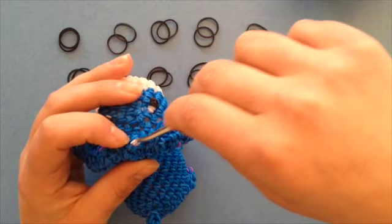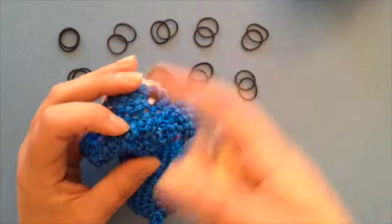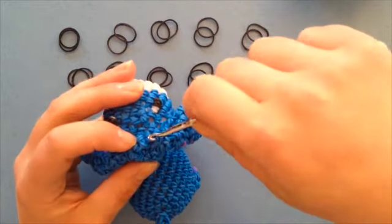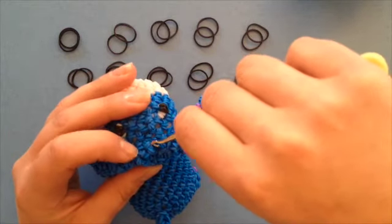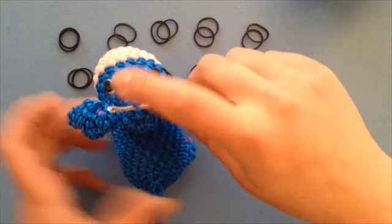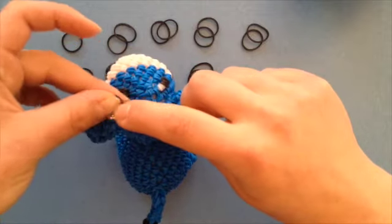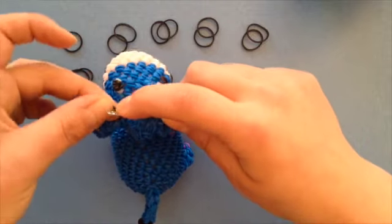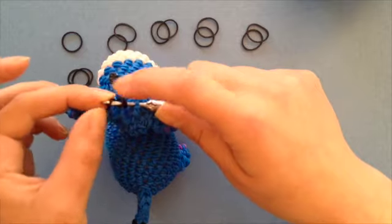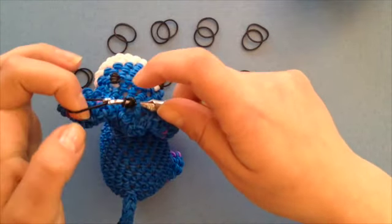Sometimes you're going to have to grab 2 loops or sometimes grab 1 loop. You just want to make sure that you're even. So right now I am going to start off with grabbing just the 1 loop, and I'm going to take a single band and wrap it around my hook 3 times. 1, 2, and 3. The same thing that we did with my horse and zebra design, and you're going to